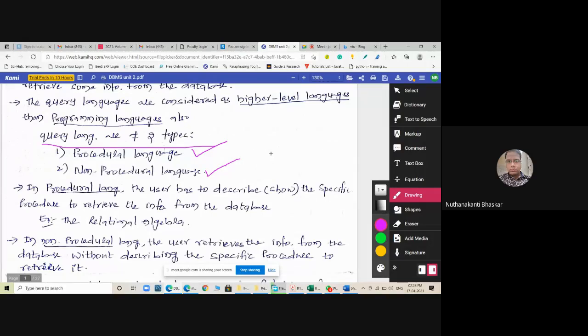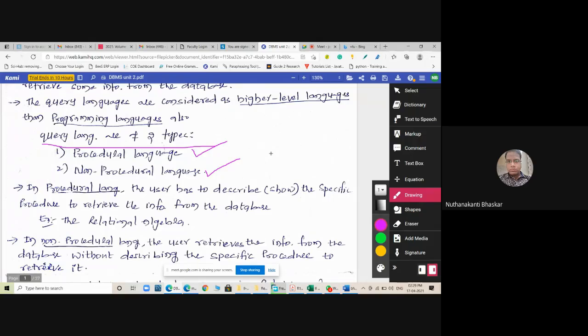Some languages, maybe tribal languages, have no lipi, meaning there is no chance to write because there is no grammar. So we cannot write those things in a book. Those languages are called non-procedural languages, meaning there are no rules and regulations for that language. The procedural language is nothing but a language which has grammar, meaning there are rules and regulations. We have to follow this only.